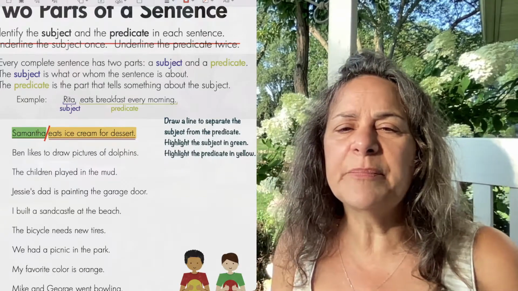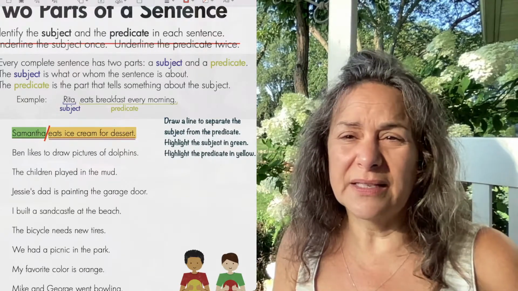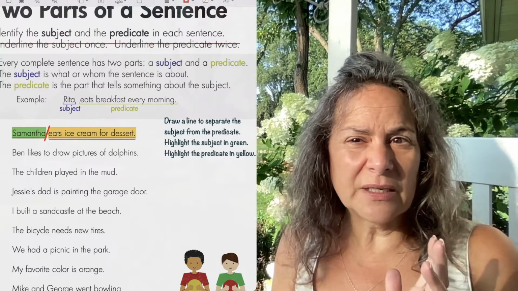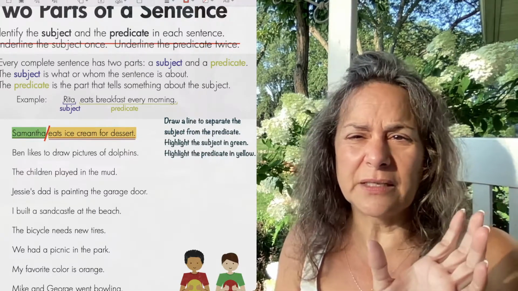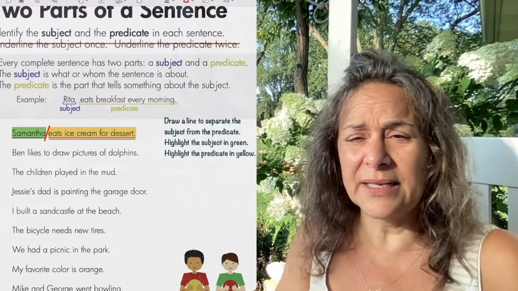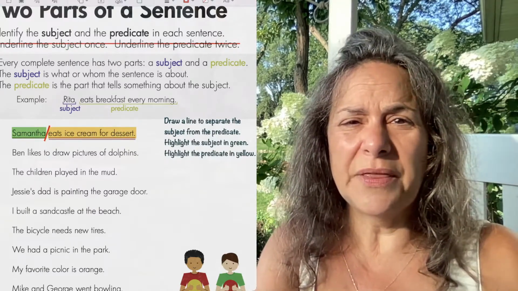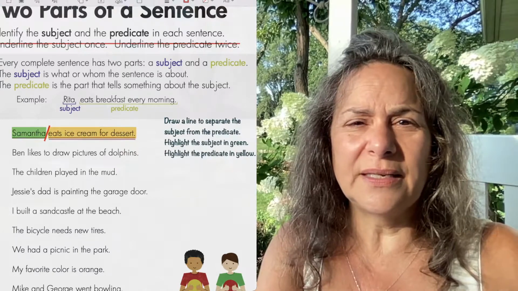Draw a line to separate the subject from the predicate. This is a way that we start to diagram a sentence. We diagram a sentence by first identifying the complete subject and the complete predicate, and we divide it with the line that we see